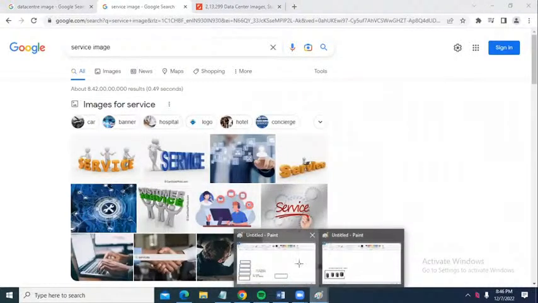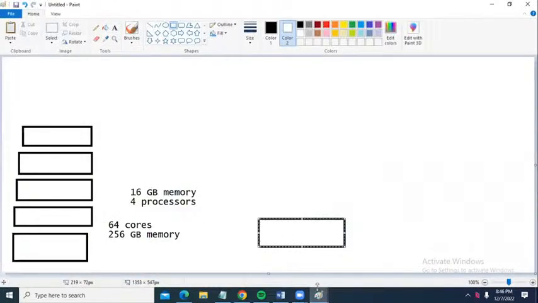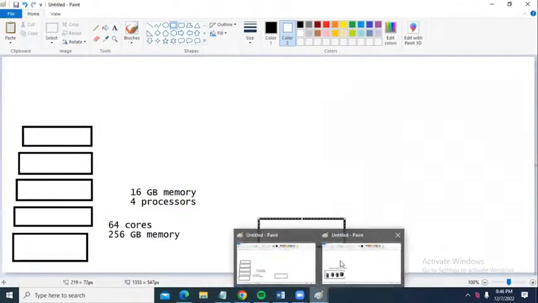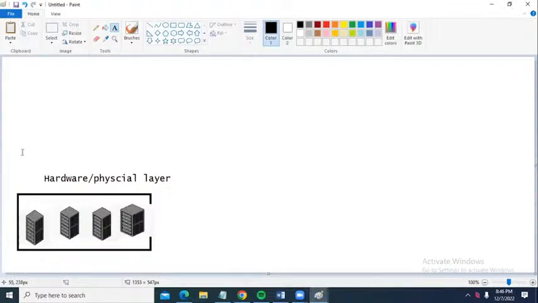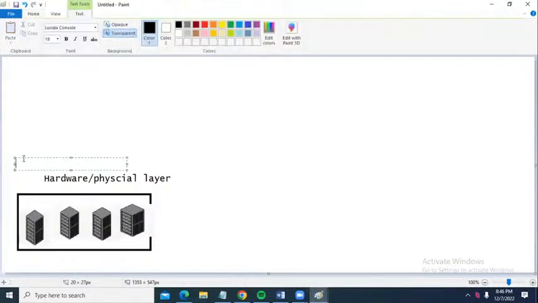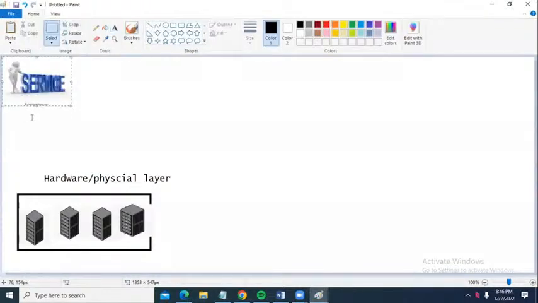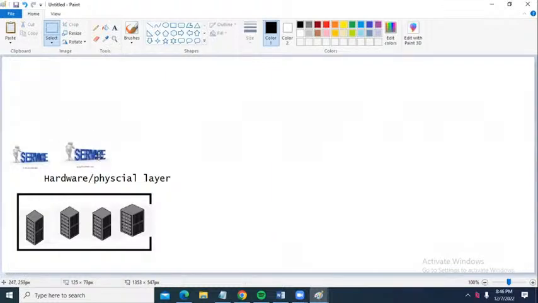On the top of this physical layer, they will provide something like services. Basically, every cloud service provider will have three types of services. These are major services. What are the three types of major services? I will discuss.